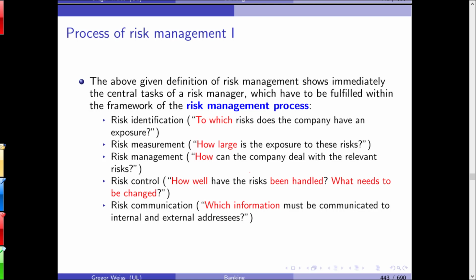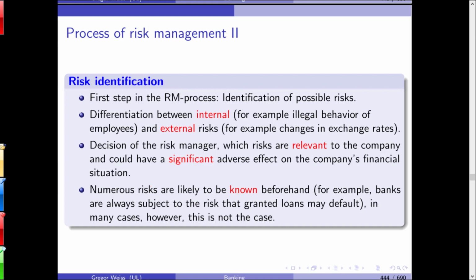The insurance contract will cost you money, and the installation of fire extinguishers will also cost a certain amount of money. And you need to control this, and you need to assess the best way of managing risk. And then you will communicate it to your stakeholders, and then after 1 year, after 2 years, you will have to do this again and again and again. Do we still have the same risk? Do we need to do something about it? Has the premium for the fire insurance changed? Yes or no? And you will redo your decision.